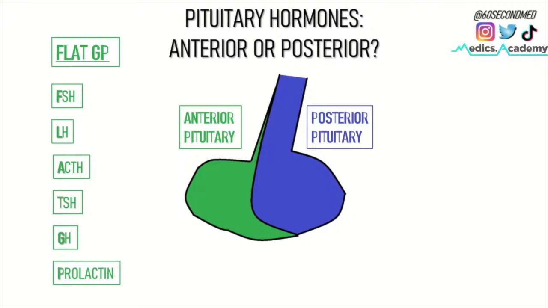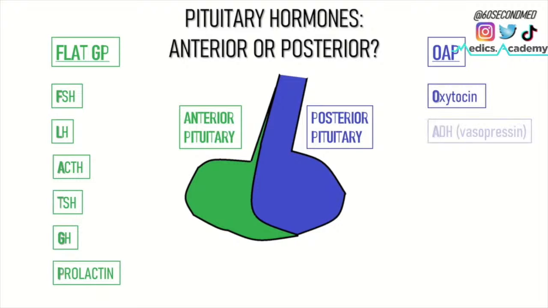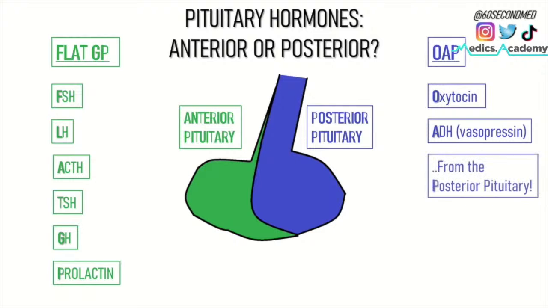And P for prolactin. In the posterior pituitary, we can think about the mnemonic OAP to help us remember the hormones that get secreted from the posterior part of the pituitary. O stands for oxytocin. A stands for antidiuretic hormone, ADH, also known as vasopressin. And the P part is to just help us remember that these hormones are getting secreted from the posterior